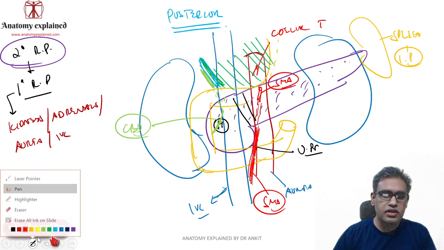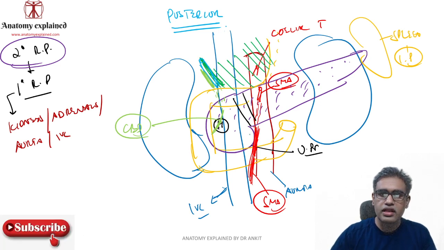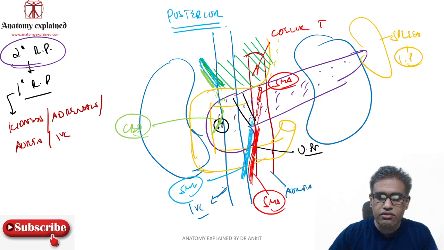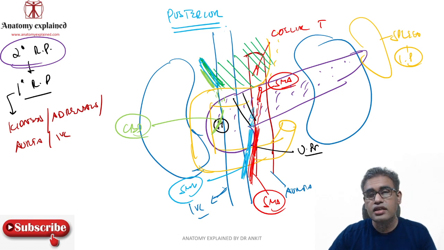And to the right of it, what do we have? To the right of it, we have the superior mesenteric vein over here. This is the superior mesenteric vein in front of the uncinate process. Then it will go behind over here. We have already done a video on the portal vein also. So this SMV will go behind the pancreas. So where is the SMV? It is behind the pancreas.